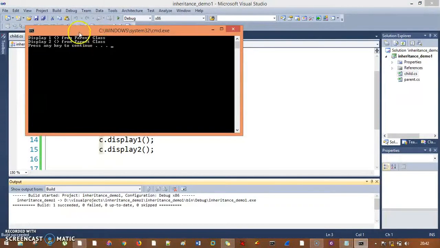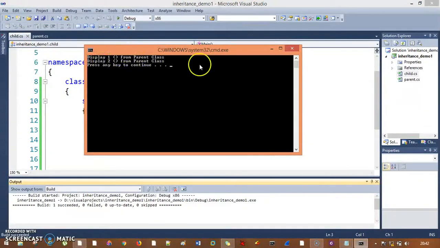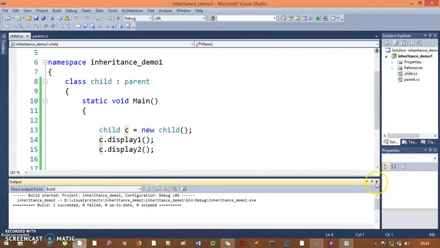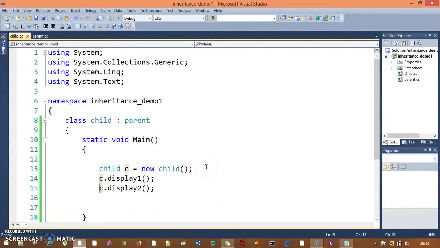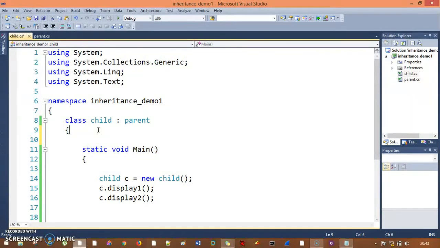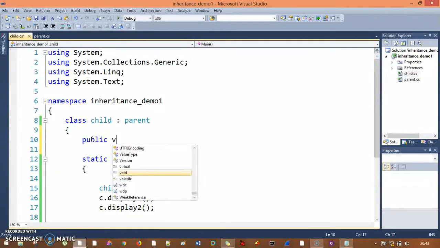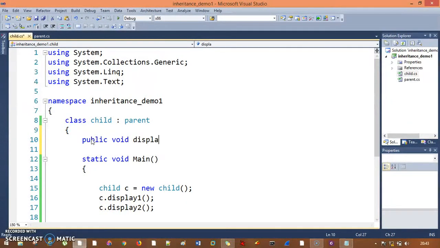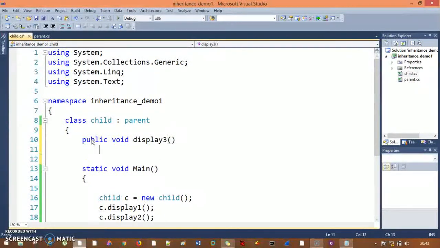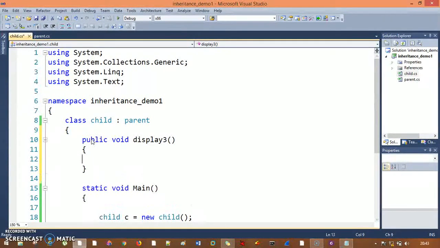Okay, so display 1 from parent class and display 2 from parent class. Now this is the inheritance that you normally know if you have done object oriented programming. There is one more thing we need to understand in inheritance. Let's say I'm creating one method in my child class, public void display 3, and I will write